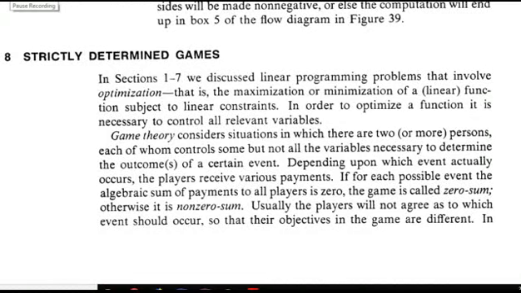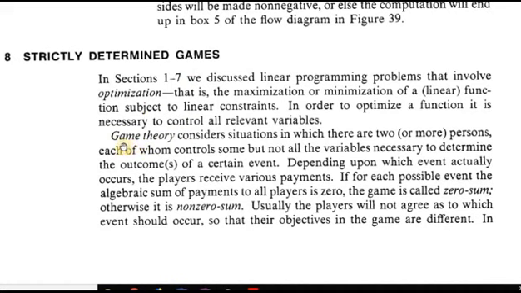Okay, so let's talk about games. In this chapter we'll talk about strictly determined games. Now, of course, games are many types and there are many descriptions. In this particular chapter and in this book, we're talking about games with two people played against each other, competitive games. And these are games which have a payoff, an amount that's a payoff. Right, so it's not win or lose, it's you get a certain amount, like gambling games, something like that. But they are two players, competitive games, and you'll see how we set these up mathematically.